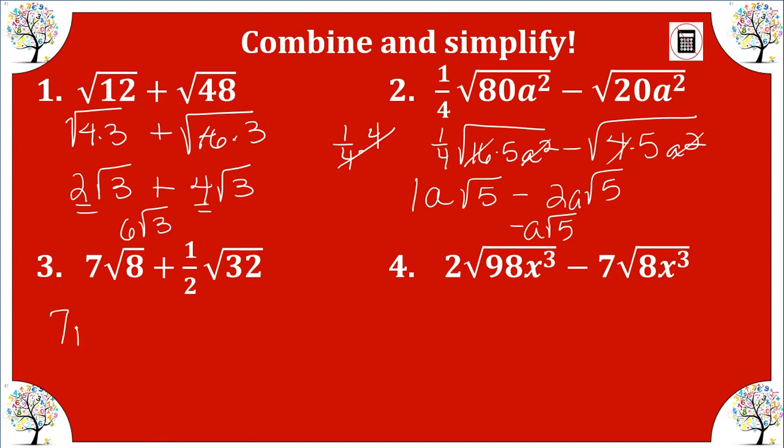We're going to break down 8 into 4 times 2. We're going to break down 32 into 16 times 2. The square root of 4 is 2. 2 times 7 is 14, radical 2. The square root of 16 is 4. 4 times 1/2